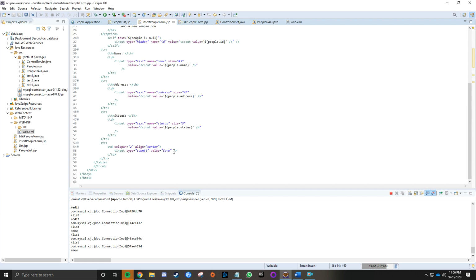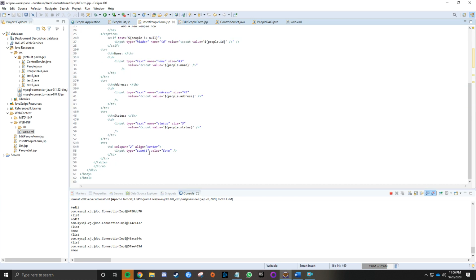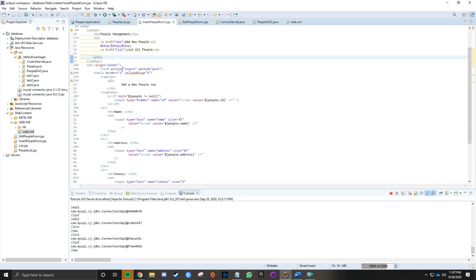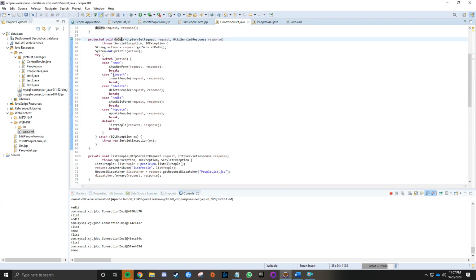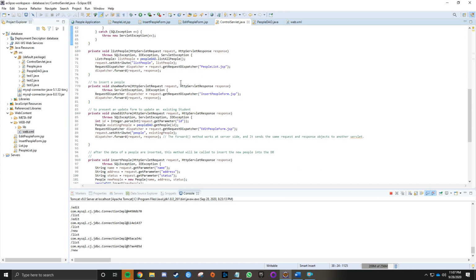And then if we hit save, it will submit this action, which then calls this insert action, which goes back to our control servlet. You can see insert. So then we go down to insert, and it requests the dispatcher